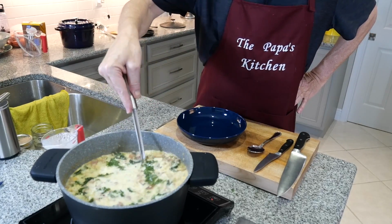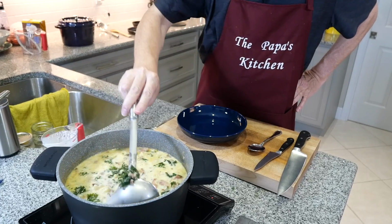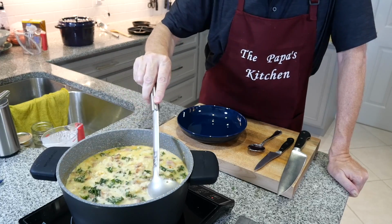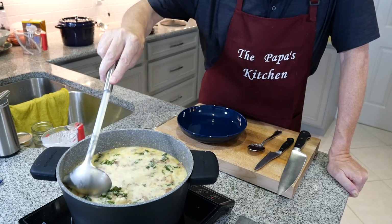Oh my gosh. It brings back a lot of memories of a good soup. Yeah. And honestly, it's not that hard to make. That's what impressed us before. Yeah, it really did. I remember that. And I'll tell you what impressed us too was the